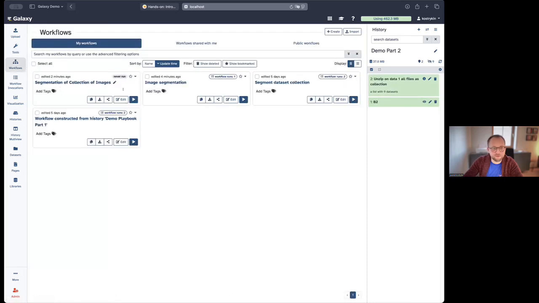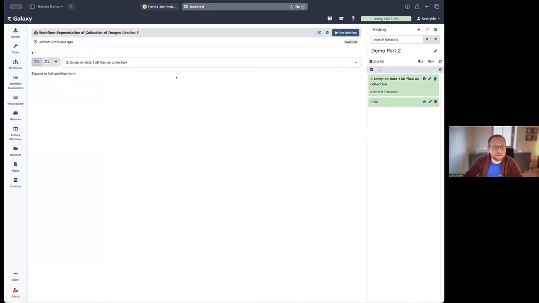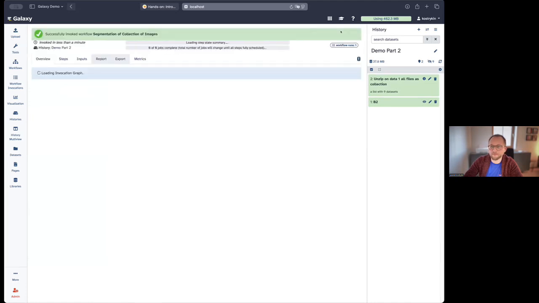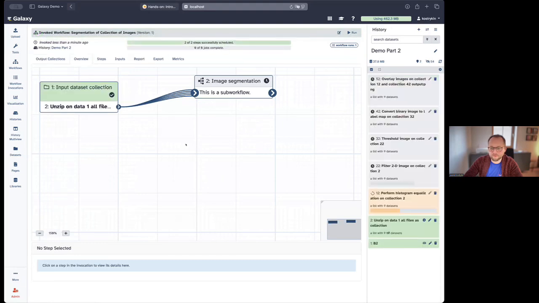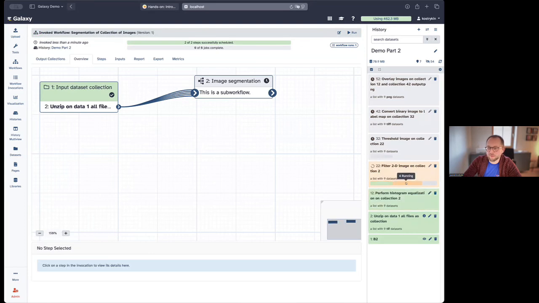And then I can run the workflow that I just created. This was this here, segmentation of collection of images. Let's run this on the result of the unzip operation. And here we can again follow how the individual tasks of the individual steps of the segmentation workflow are queued and executed consecutively, one after another.